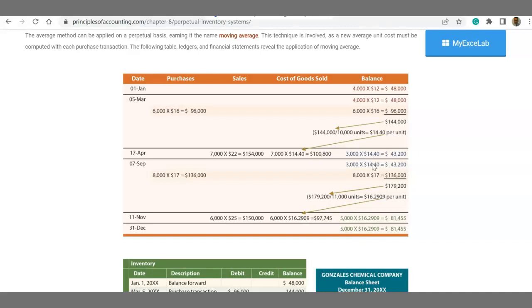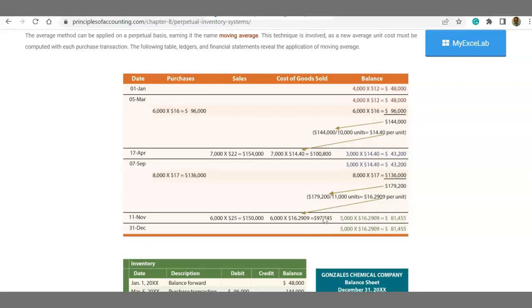You keep that layer available, and then you purchase another 8,000 units at 17, and you immediately calculate the average one more time. That's why we call it moving average. That means your average is constantly moving. So here is 3,000 at an average cost of $14.40 and 8,000 at a cost of 17. Total 179,200 divided by 11,000 units available. It gives us an average cost of $16.2909 per unit. And if you sell something in November, that's 6,000 units sold times